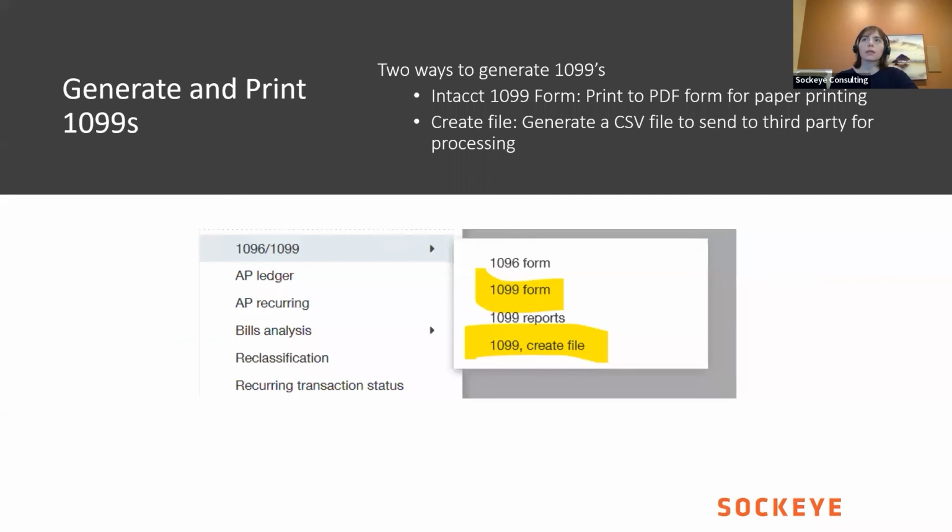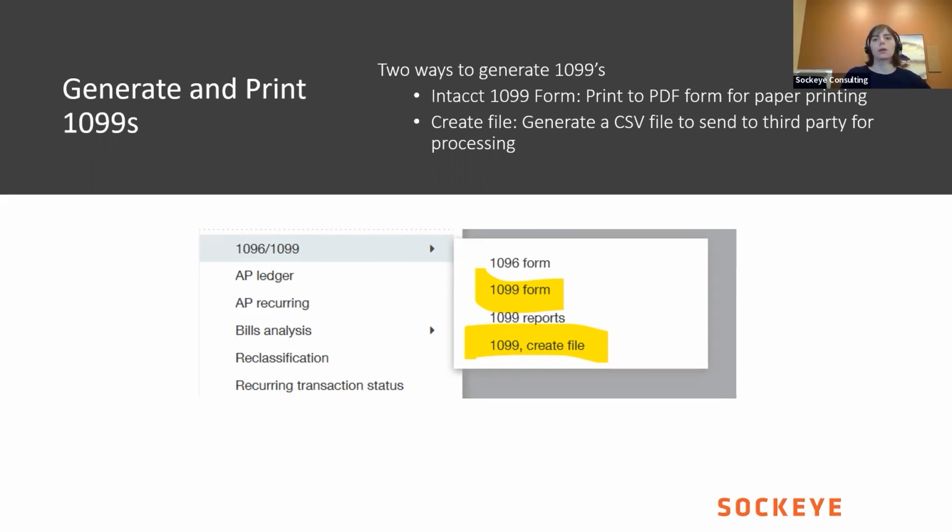So now we're ready to generate and print our 1099s. And there are a couple of options to do that. The first option is to print from Intacct to paper. And that'll be that 1099 form that's highlighted on the top there. And that will give you a PDF. It generates a PDF, then prints to a pre-formatted 1099 paper. And then it can be sent out by paper, by mail that way, or scanned back in the email to